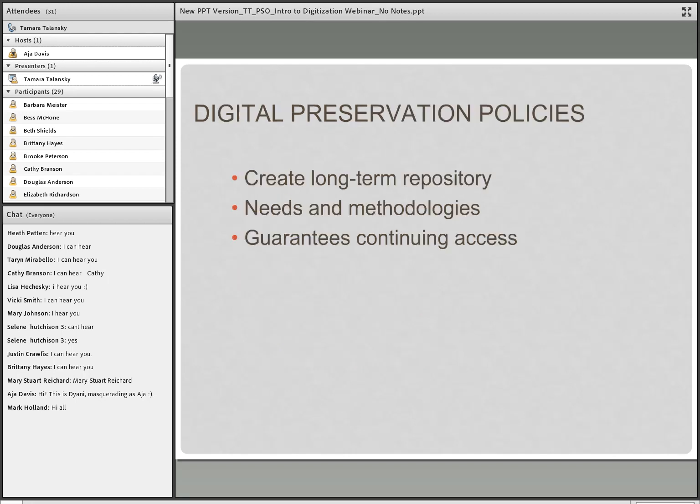A well-defined digital preservation policy is essential in order for any institution to carry out its mission to preserve digital content. The goal is to cultivate a long-term repository for our digital materials and to better serve the shared objective to preserve digital content. A policy will depict the need and methodologies for protecting the digital content. These preservation accomplishments will guarantee that faculty, staff, researchers, students, visitors, and any additional users will have continuing access to the growing digital resources at your institution.